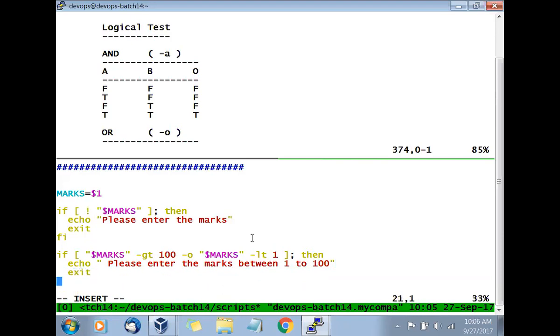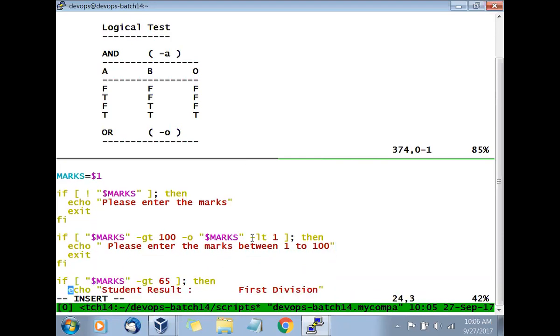And then I'll say exit. So we are using OR logic here. See, we are using OR logic. If this or this, if any condition is true, complain. Okay, let's go and see that.